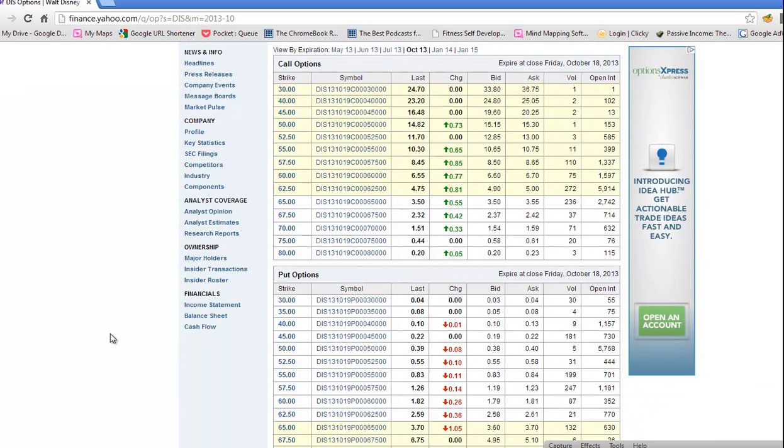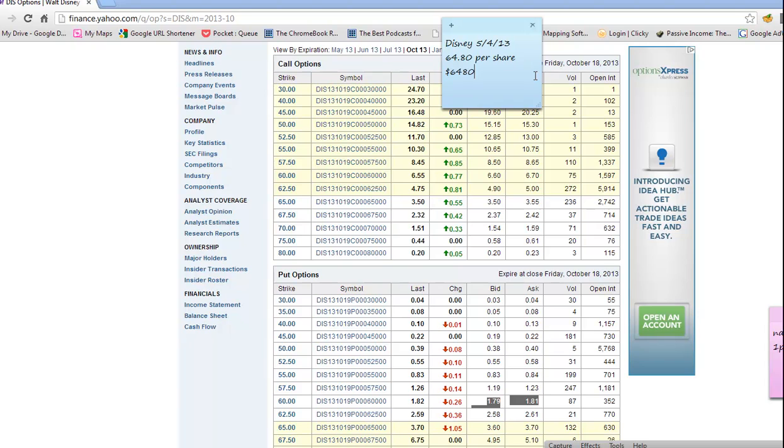We're going to buy an option right here, close to the strike price, which is $60. Remember when you look at option prices, always times 100, because you always do bundles of 100. That's how option strike prices work. So in this case, the bid and the ask looks like $1.80 for this option. So a 60 strike put